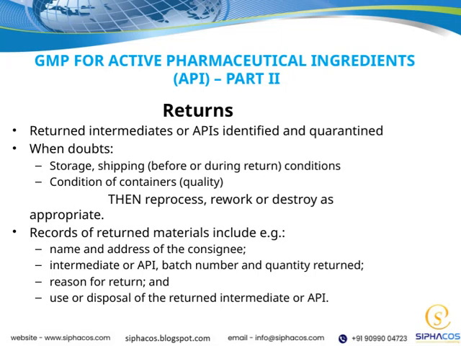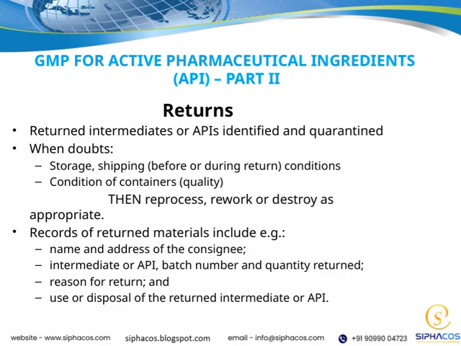Now, let's talk about returns. When intermediates or APIs are returned, they need to be carefully identified and quarantined to prevent any mix-up or contamination. If there's any doubt about the safety or quality of the returned materials, we need to assess the storage and shipping conditions, whether they occurred before or during the return process. The condition of the containers themselves is also crucial. Checking their quality helps us determine the next steps. Based on this assessment, we may need to reprocess, rework, or even destroy the materials as appropriate to ensure safety